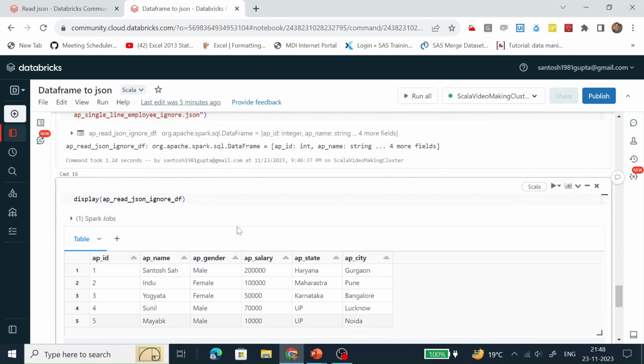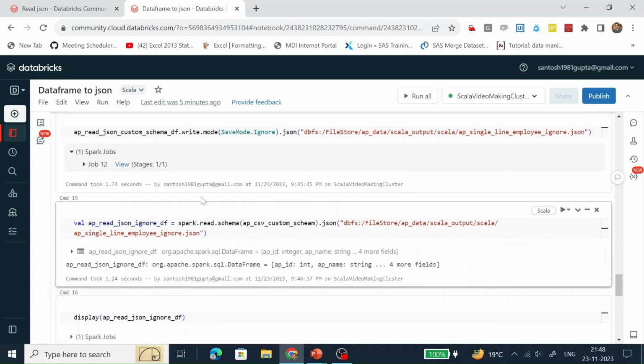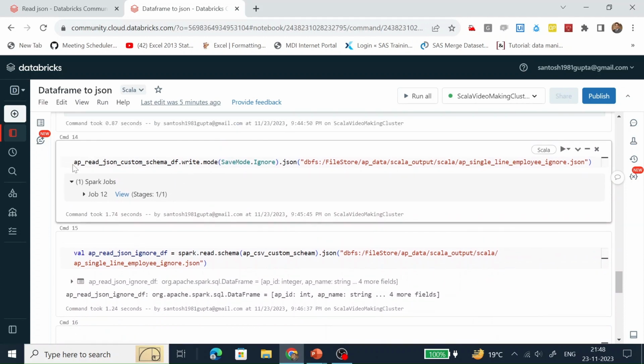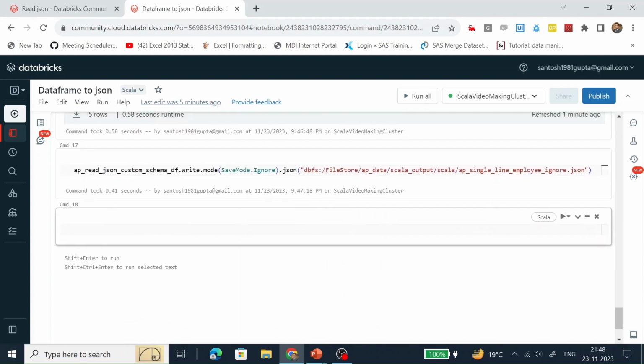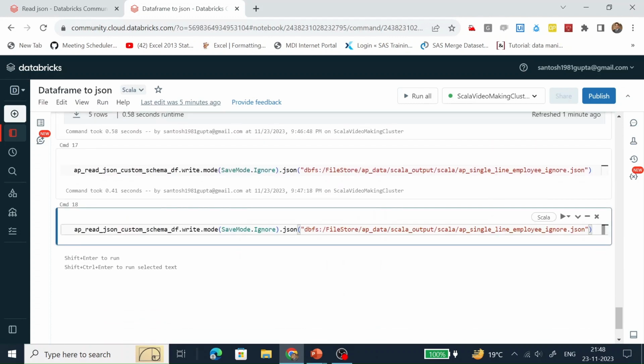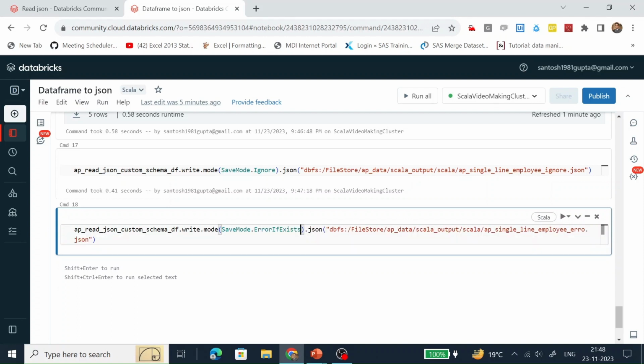So let's see the next saving mode, that is the error saving mode. Let's rename this JSON document from ignore to error, and the saving mode is error if exists.